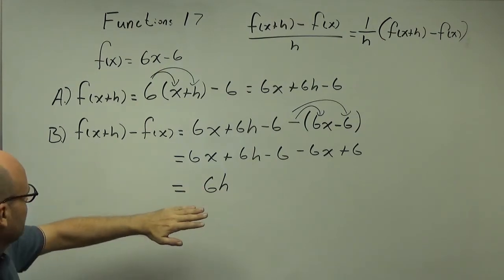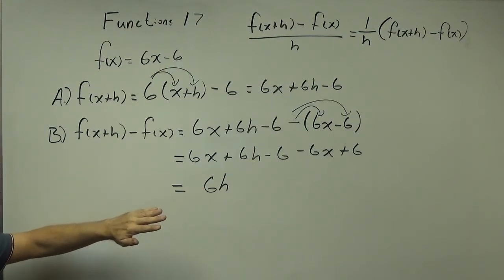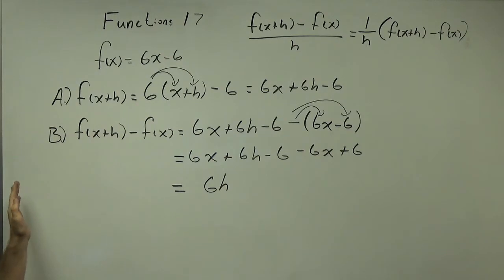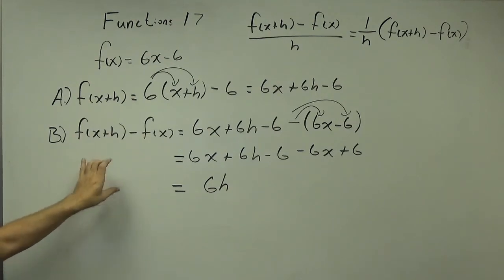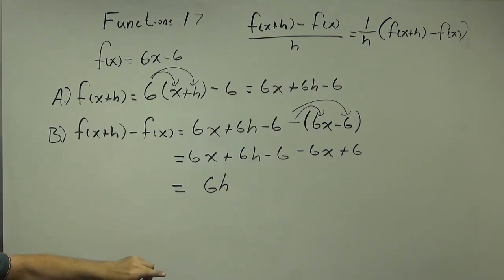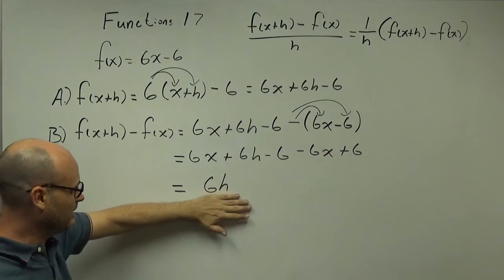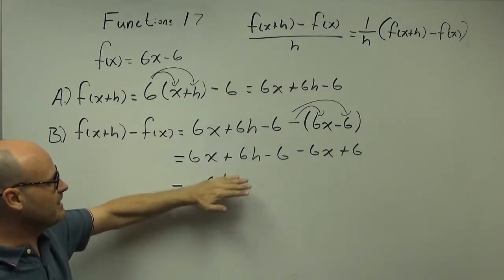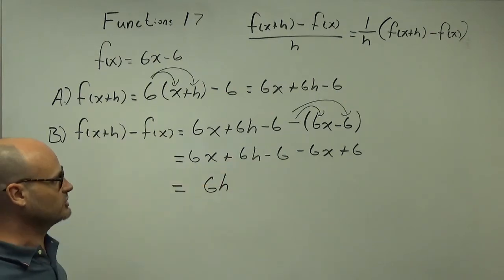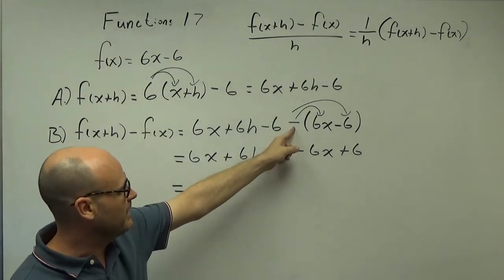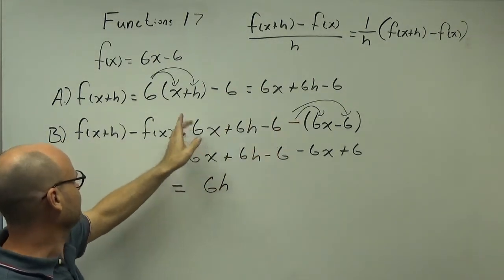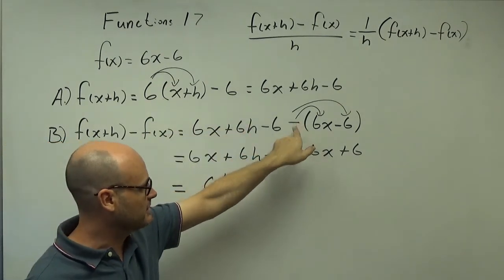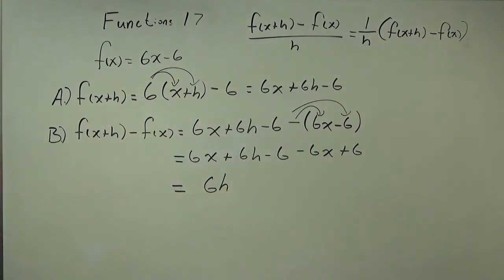I'm just telling you, if you get to this point when you're doing the difference quotient, i.e. the definition of the derivative, i.e. these exercises warming you up for that, you get to this point where you find f of x plus h minus f of x, and you have anything that does not have an h as a factor. You have made an error in this step, and you need to go back and check your work. And I will bet that if you did this part right, you made your mistake right here. But anyway,